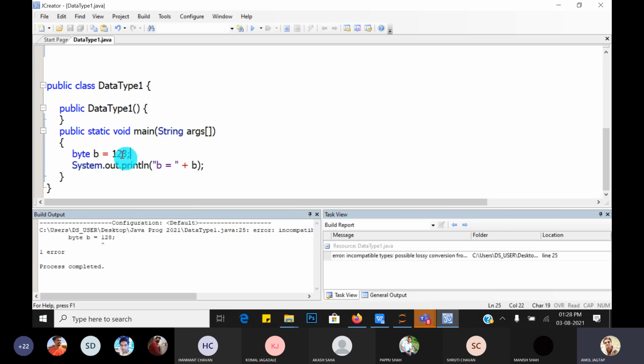So here, if the range exceeds in C, what is the output? If it is the C language, what is the output? Minus 128 in C or C++. Just go and check it. It gives minus 128 as output, not a garbage value. Next, in Java, if the range of a particular data type is exceeded, then it is treated as a syntax error. Okay, in Java, it is treated as a syntactical error. Yes, guys, hope you understand.